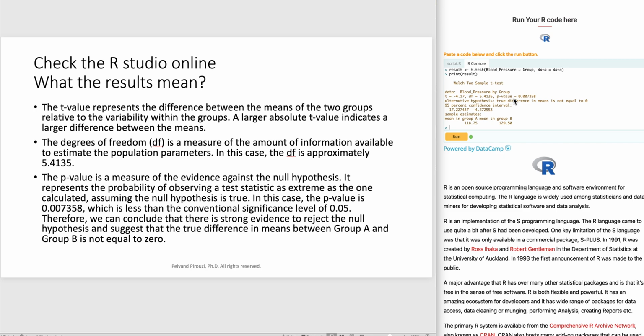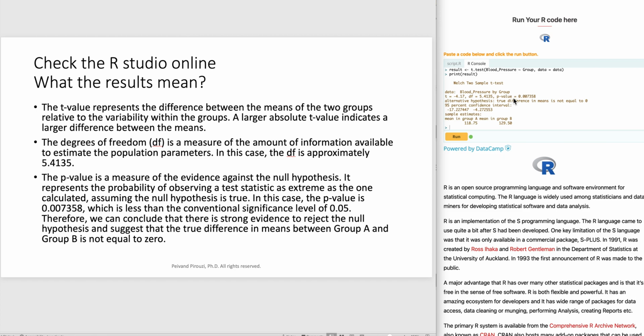Now, if you find, based on your statistical test, that your nil hypothesis is rejected, this means that there is a difference between, again, the treatment effects before the treatment and after the treatment. So the p-value represents the probability of observing a test statistic as extreme as the one calculated, assuming the nil